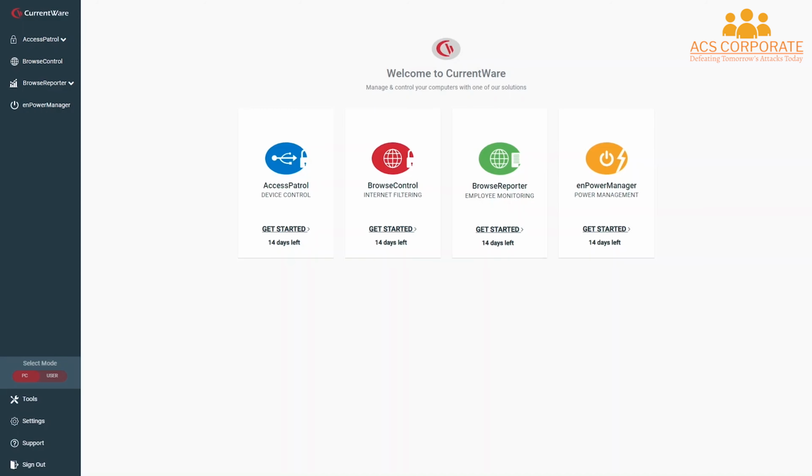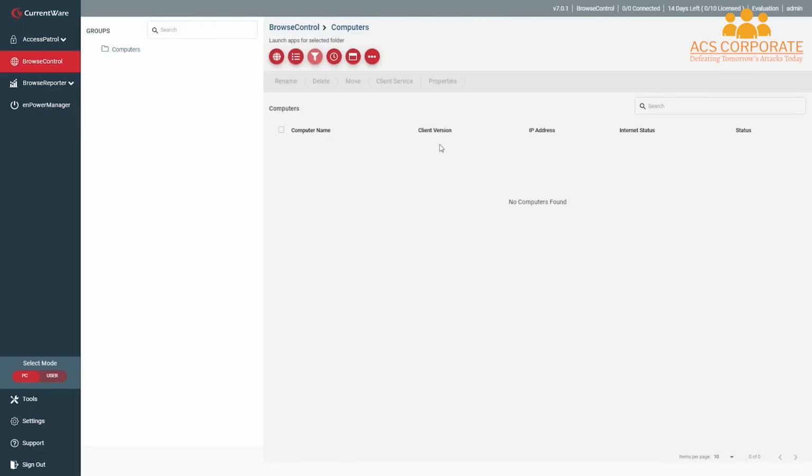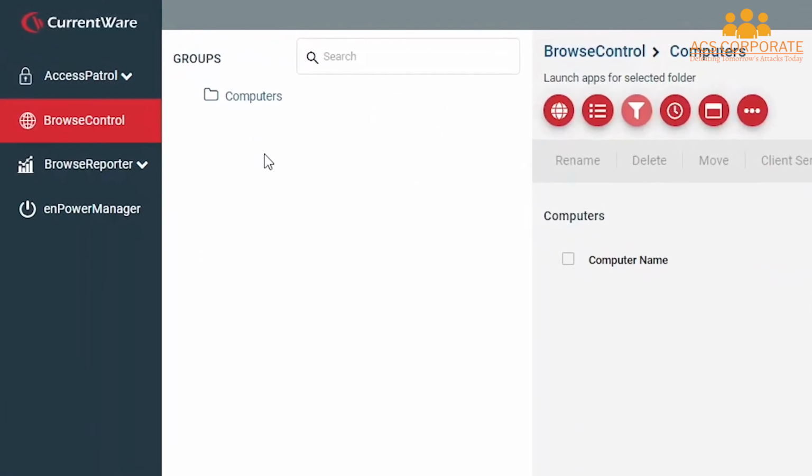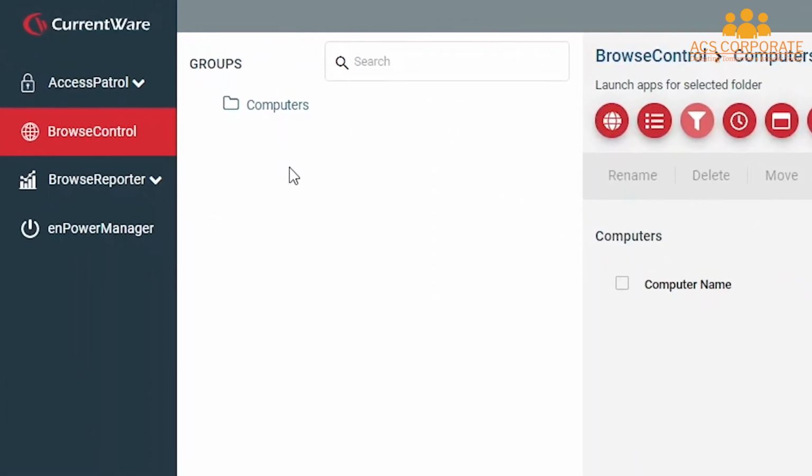Let's start with a quick overview of how you will be managing your users or computers within CurrentWare. Start by selecting any module you are licensed for and go to the Manage page. Here on the left-hand side, you will be able to see the groups tree for your computers or users. As you install your CurrentWare clients, this list will populate with the PCs or users depending on which mode you